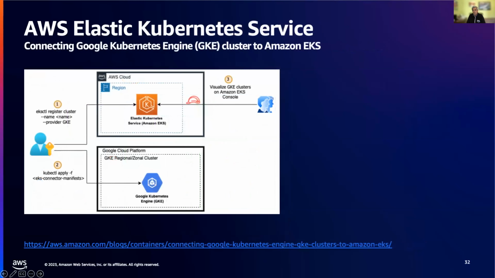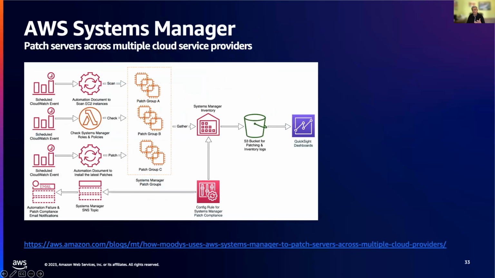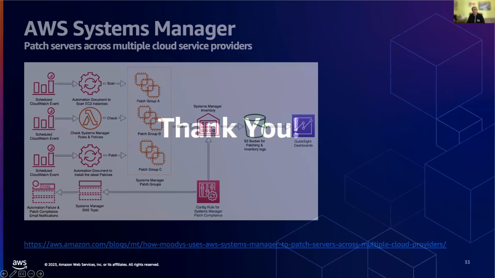And then you have EKS, obviously, containers go across cloud providers, but the neat thing about this is that on the same AWS console, you can actually see other cloud providers' Kubernetes clusters also. That's the neat thing. And again, there are links to blogs that talk about the details around that. And then finally, you have Systems Manager, which is used to manage patching and scanning and so on. And you can go across cloud providers to use the same tool to manage those VMs and infrastructure. So essentially, those are the different scenarios that we use multi-cloud for.